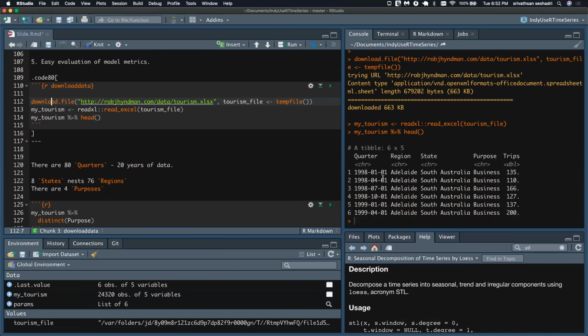This data has 5 columns. Quarter, you see data collected in a quarterly beat rate, so January 1st and April 1st, right? And there's region, state, and purpose of visitors, either they're on business or holiday and so on and so forth.